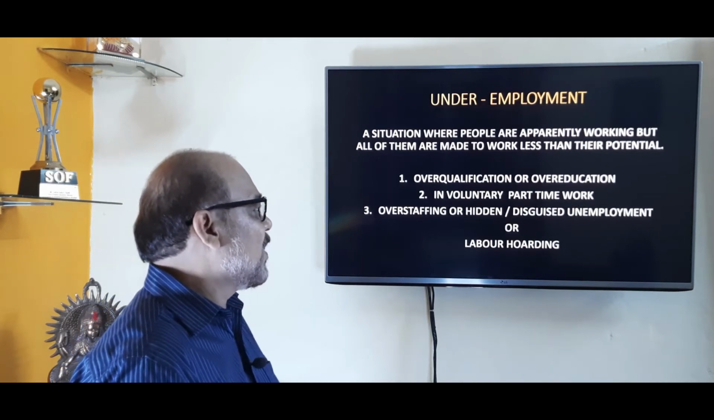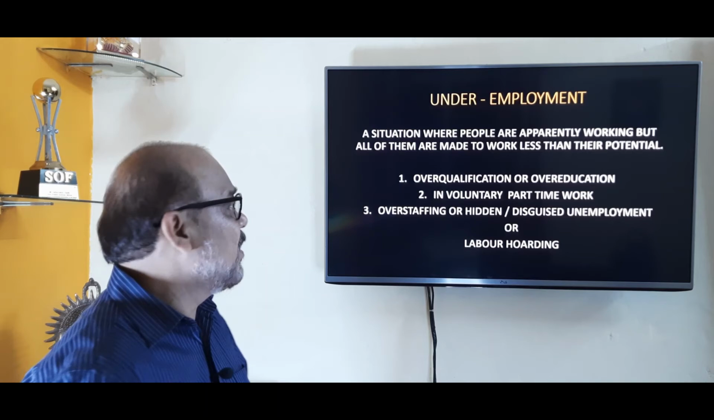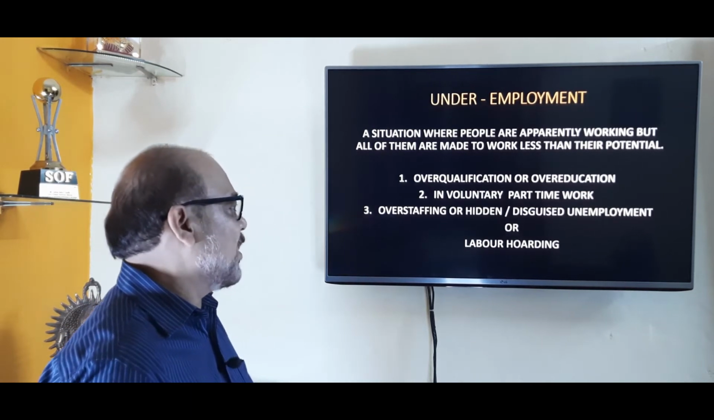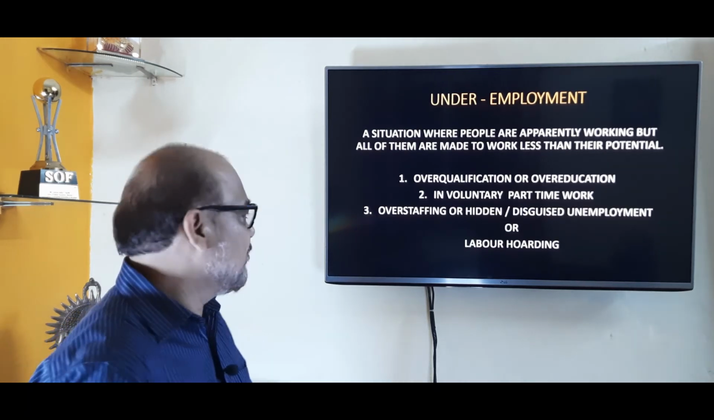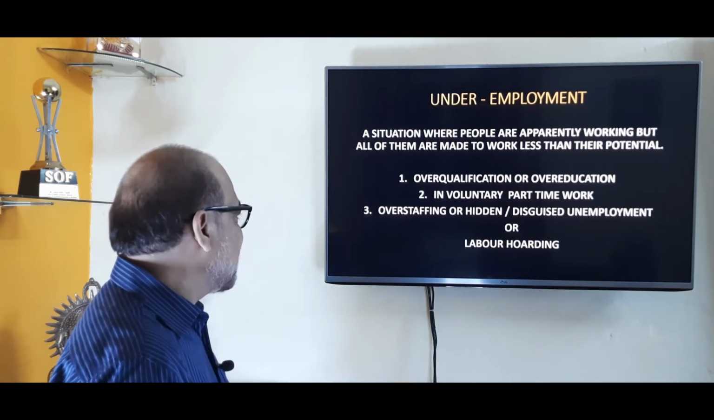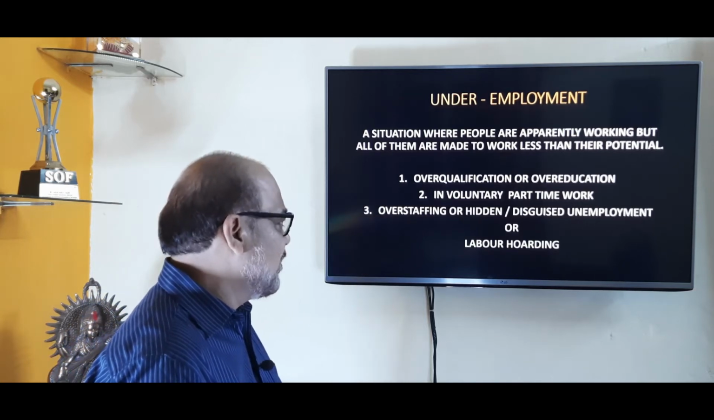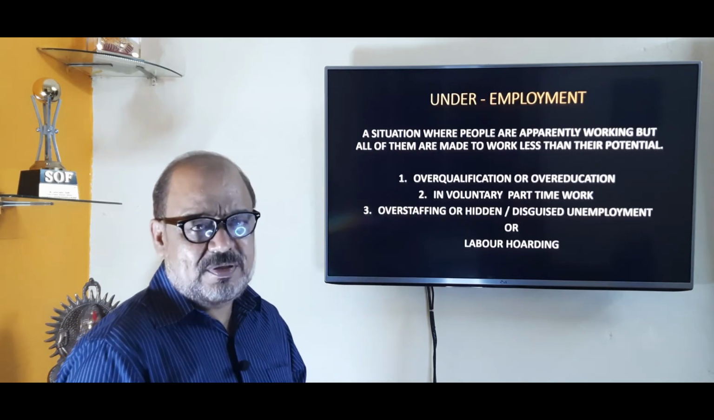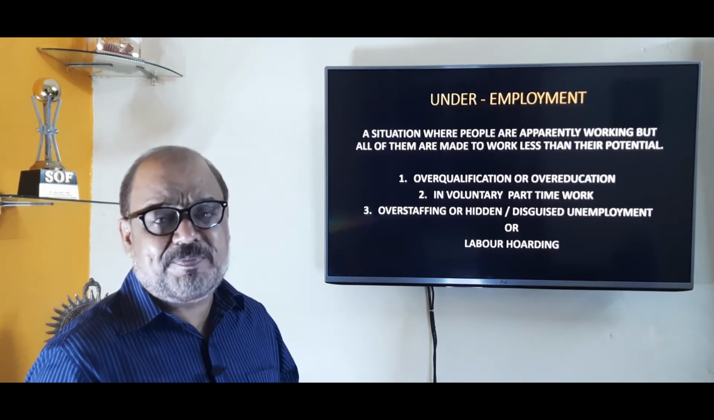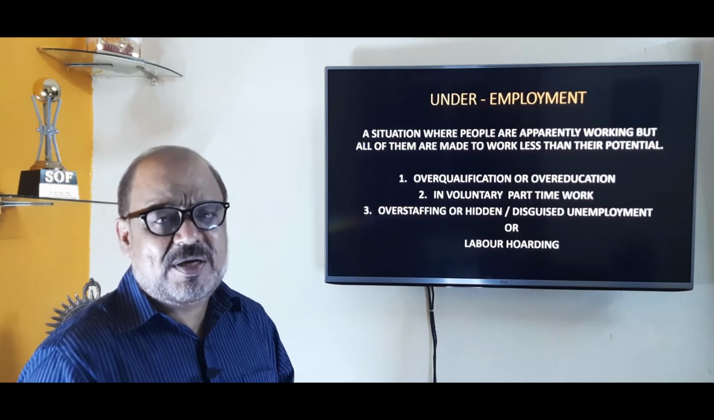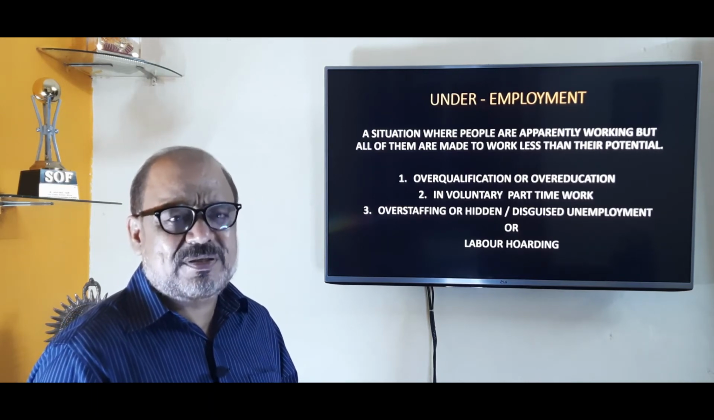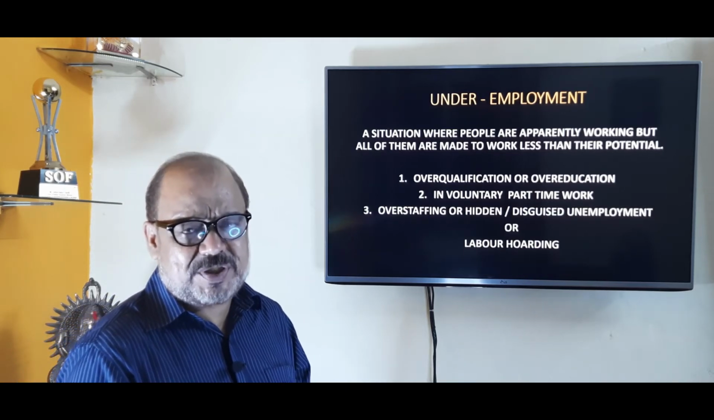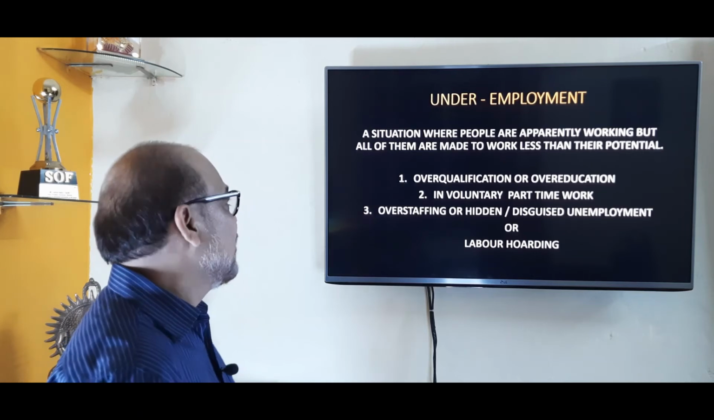Number 1, overqualification or over-education. This is reason number 1 for underemployment. Number 2, involuntary part-time work. That is also a reason. Number 3, overstaffing or hidden disguised unemployment or labor hoarding. People are unemployed in big number, they don't get any job, so they think it's better we do something, we do contribute where others are contributing. That is increasing the situation of